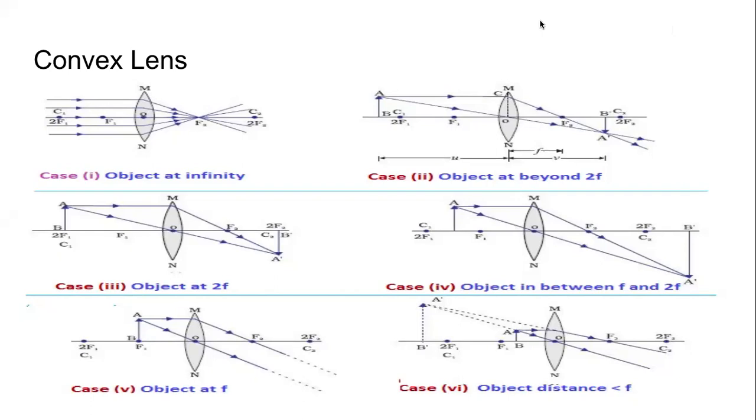Using the rules of ray diagrams, the first one is very easy. The object is at infinity, very far away. So all the light rays coming from the object will be practically parallel to the principal axis. Just by rule number 1, if the light ray is parallel to the principal axis, after refraction, it will pass through the focus. So the image will be formed here at the focus. Now, if I ask you, what is the size of this image? Is it magnified? Is it diminished? Is it the same size? Or is it a point? What is happening?